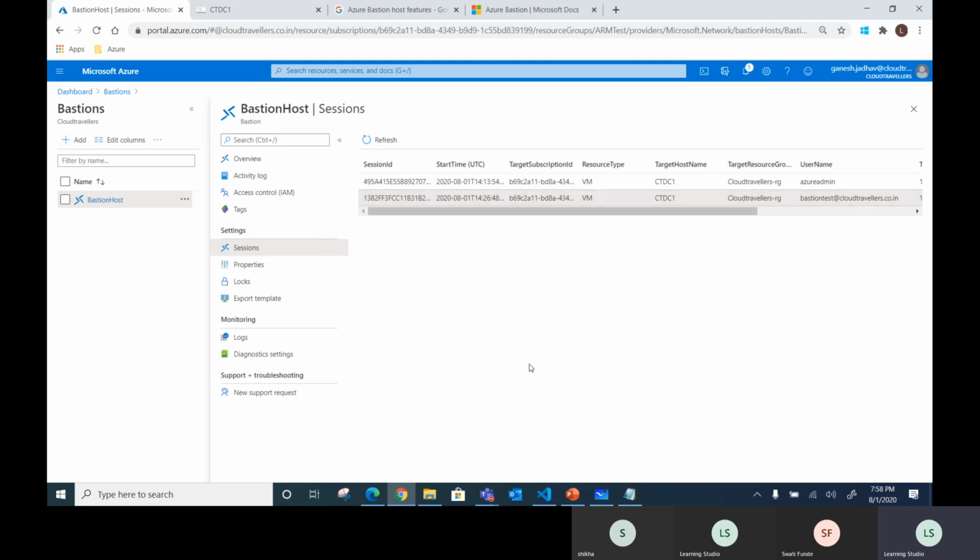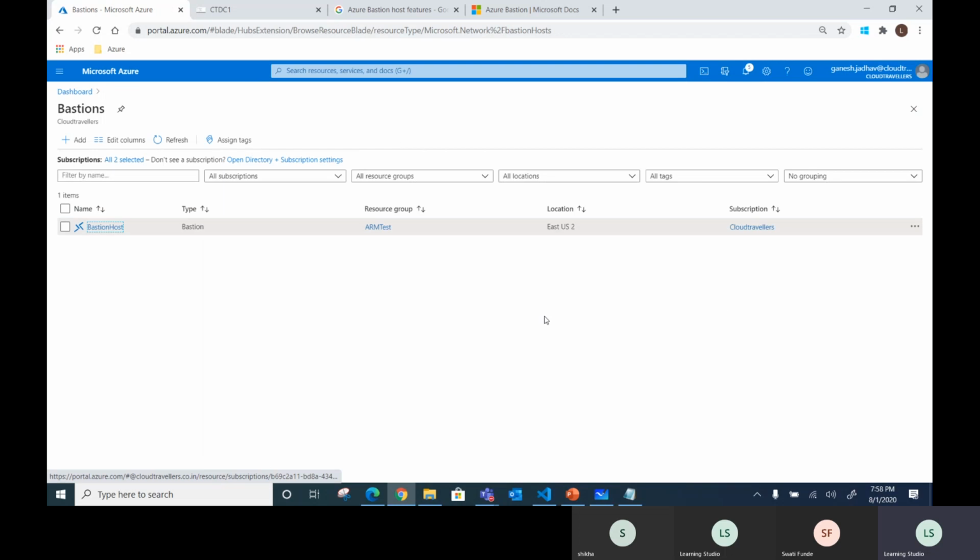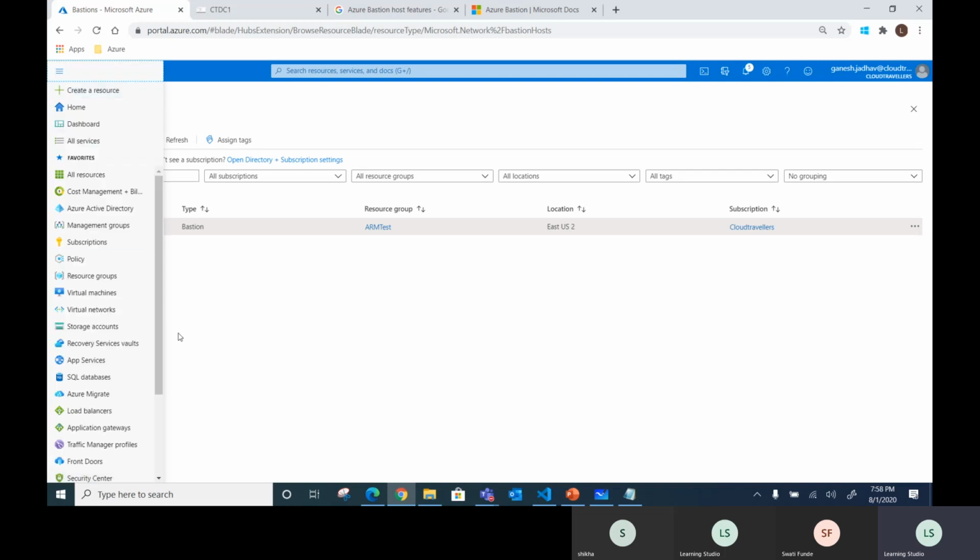Okay, so that was all about Bastion host, guys. This is one of the cool services of Azure, which allows customers to access their virtual machines using Bastion host without assigning any public IP address to your virtual machine. So it's very simple to deploy. It's very easy to use as well. You don't need any thick client. You don't need any PuTTY to connect to your virtual machine. You don't even need a public IP address. This is a very secure